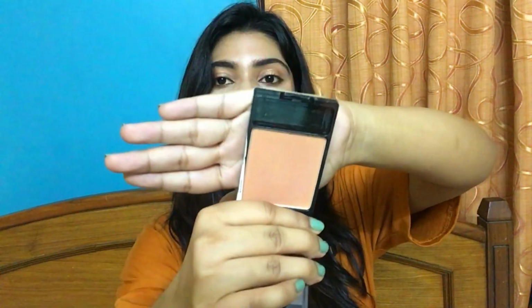For blush, I have the Wet n Wild Color Icon blush. This one is in apricot in the middle, and this one retails for 300 rupees only. It's a decent blush at its given price point. The color that I have in particular is a very nice peachy blush with golden sheen to it, hopefully that